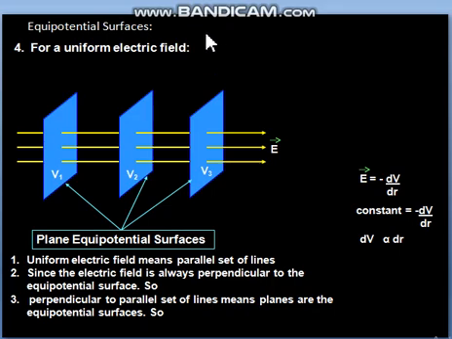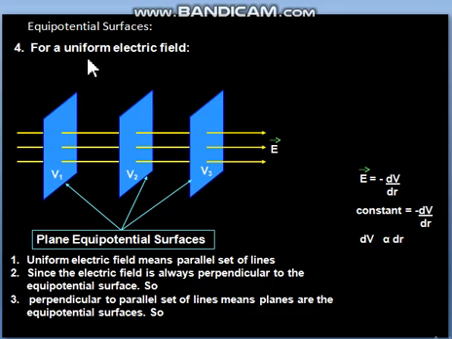That means the idea is this: till now the charge system was given, that means a single charge was given or a system of double charges was given, and we were asked to draw EPS. And now the question is that we are not given charge, we are given an electric field which is uniform, and we have to draw EPS for the uniform electric field. So let us start drawing the diagram for it.